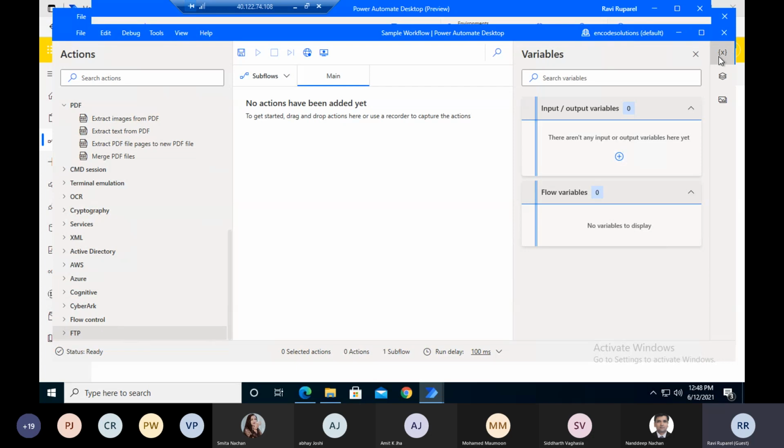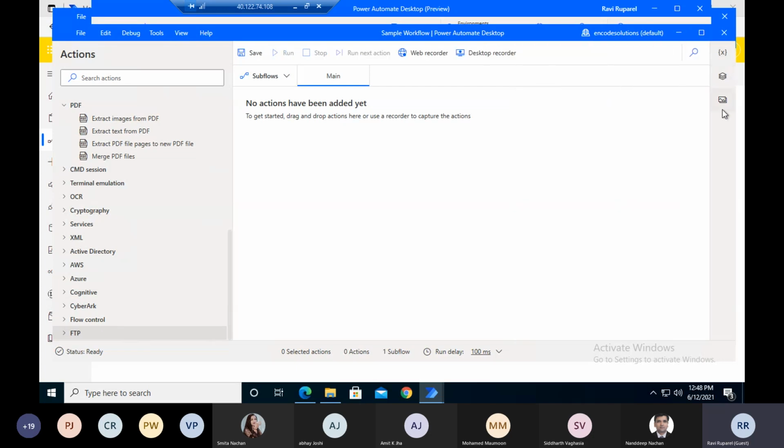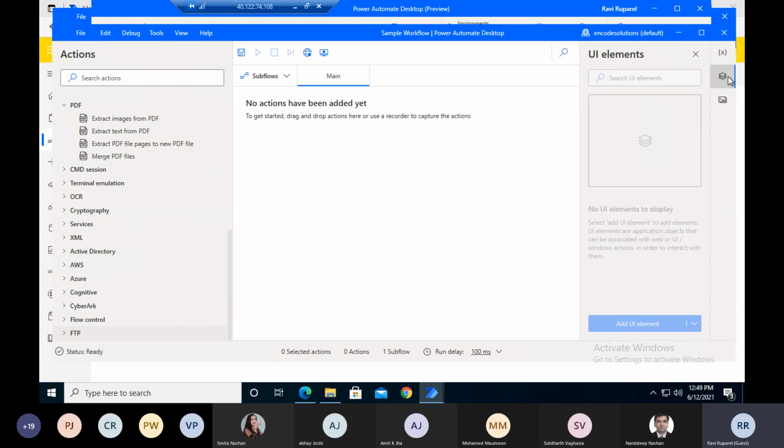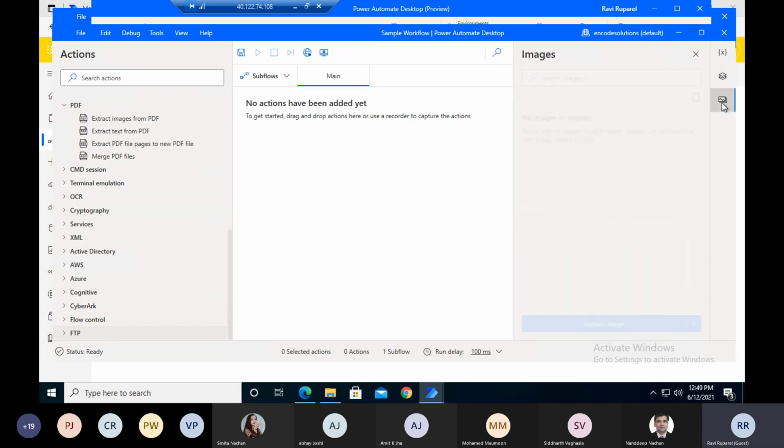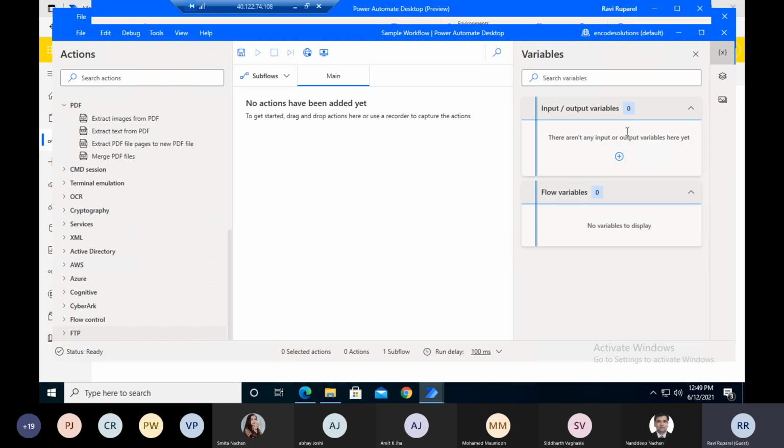Going into the right-hand section, it has 3 different parts. The first one is the variables, the second one is the UI elements, and the third one is the images. In the variables part, there are 2 subsections. One is the input or output variables, and the second one is the flow variables.